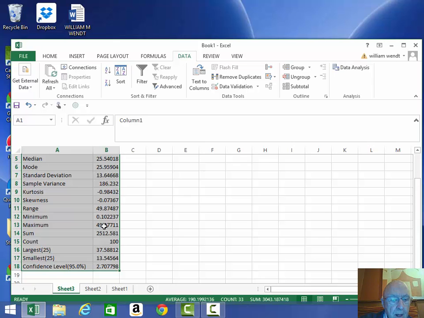13.64. So if you do 1.96 divided by, let me go back to the formula, and I will include the formula in there. But okay,